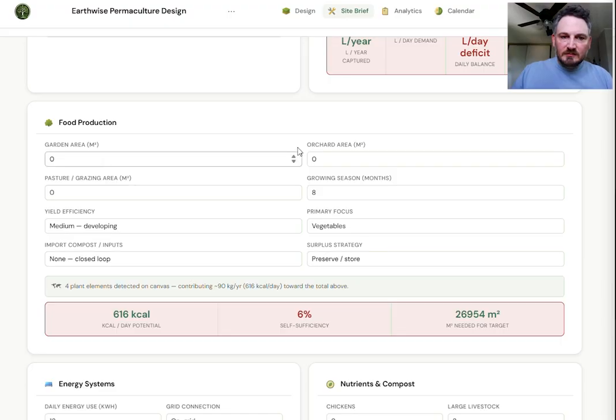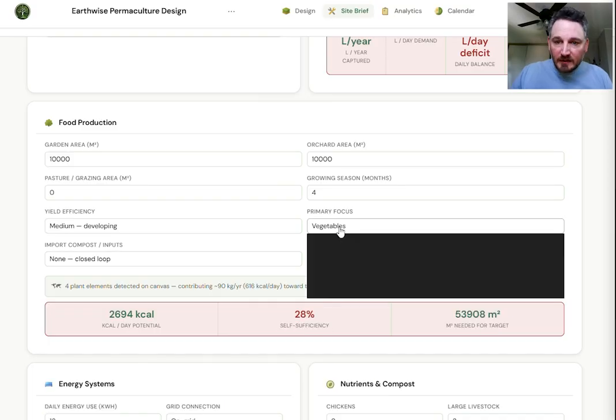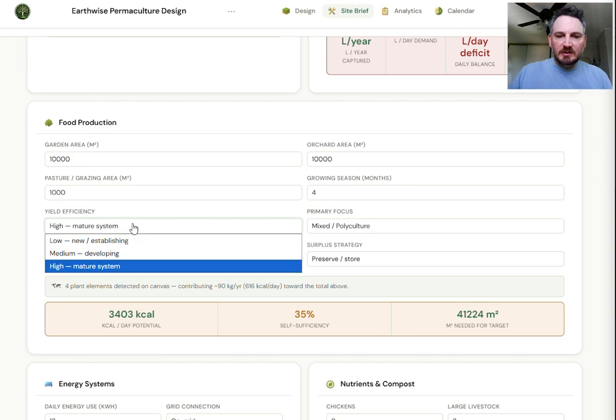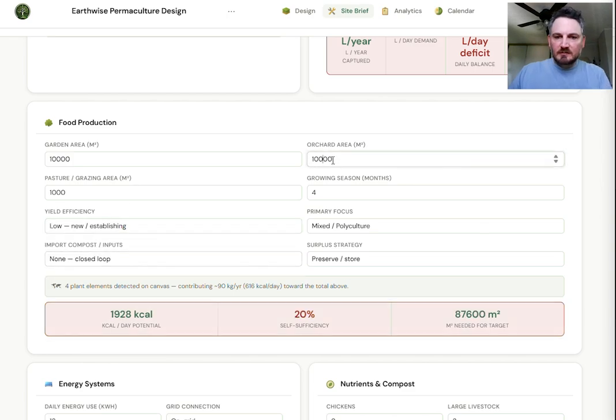You got your food production. You can calculate your garden area. We got 10,000 feet or square meters. And our orchard is also 10,000 square meters. Our growing season is really short though. It's only 4. So we're not very self-sufficient. Our primary focus is a mix. And our pasture area is only 1,000 square meters. But it's a high mature system. So it's not doing so bad now. And we can change all this stuff. And it'll change